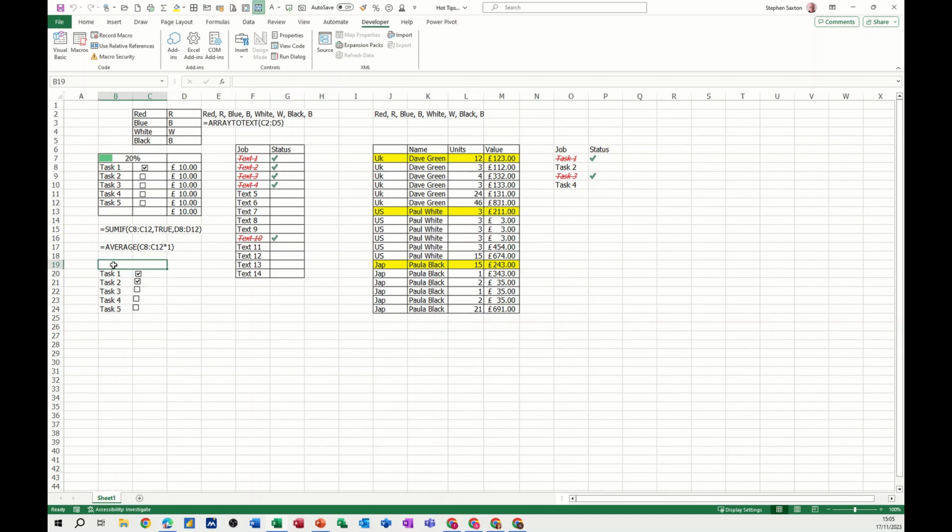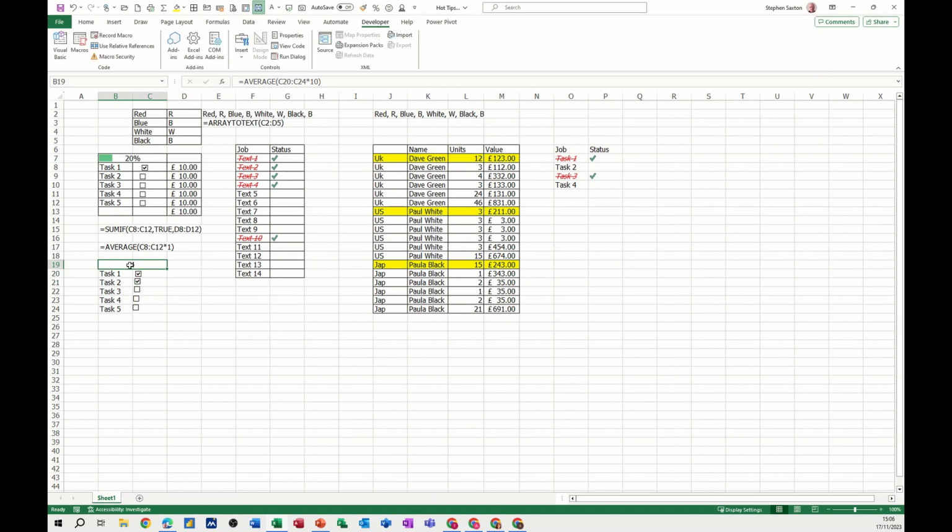But what about this thing at the top here? What I need to do now is put this formula in this box, which will give me, and then format it to a percent. So I'm just going to type that in there, equals average, open the bracket with the tab key, and then select your little checkboxes, and then do a times 1 and close the brackets, close the bracket, and then just tick that,